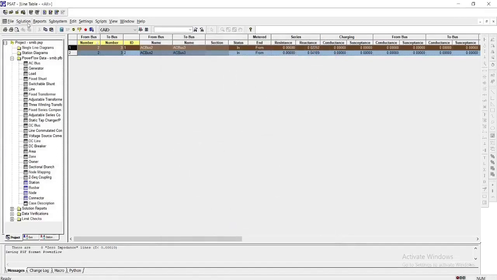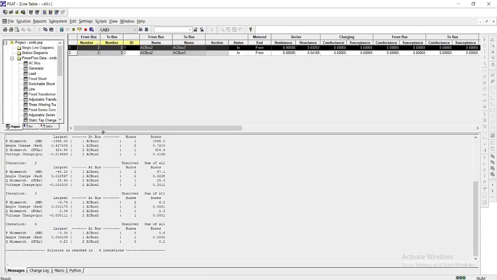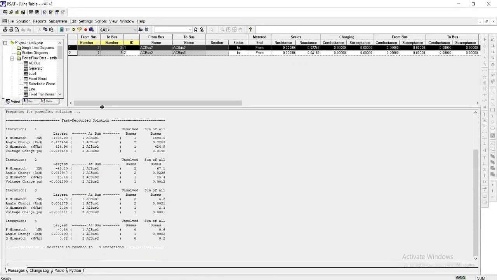Now you have to select Solution and Solve. The results can be viewed on the message icon. So the solution is reached in 4 iterations and the results of the 4 iterations are printed.